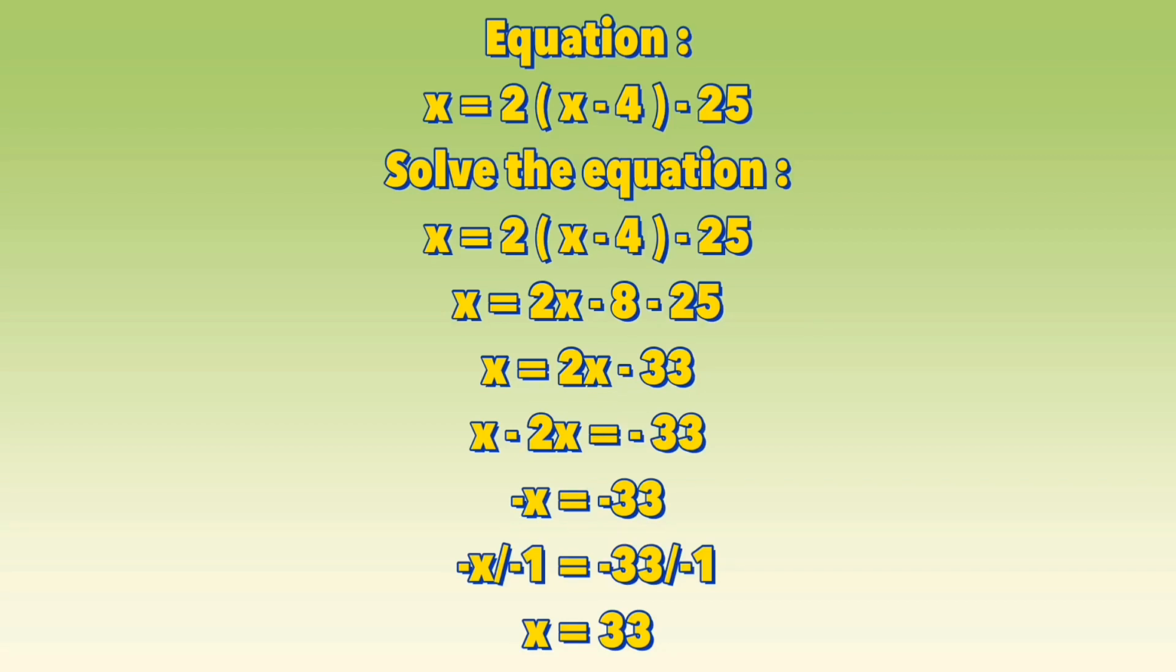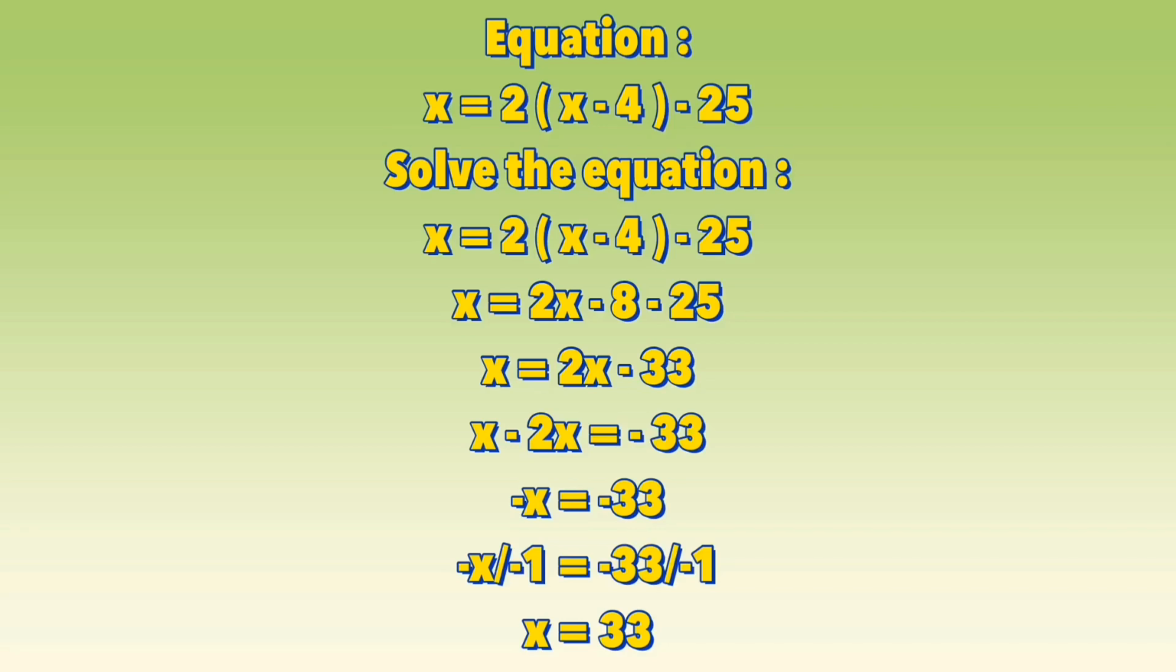Then we're going to transpose the variable to the left side of the equation. And we have now x minus 2x equals negative 33. Then x minus 2x equals negative x equals negative 33. Since the result of the variable is negative x, we're going to divide both sides by negative 1. So negative x divided by negative 1 equals x, and negative 33 divided by negative 1 equals